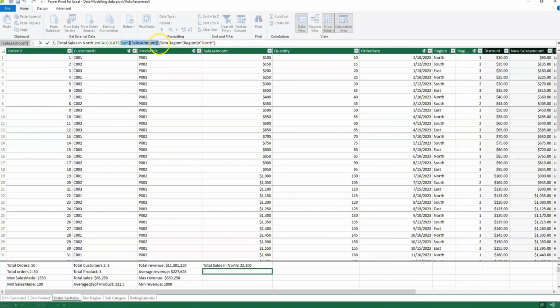Sum all the sales amount, then filter it based on the region NOT. Now hit enter. We should have the same value as the first one. Can you see? We have the same value, exactly the same value. So let's go back to our